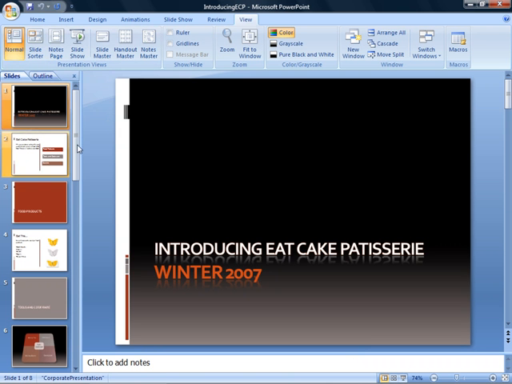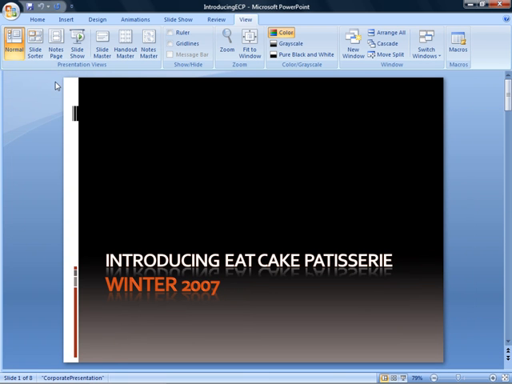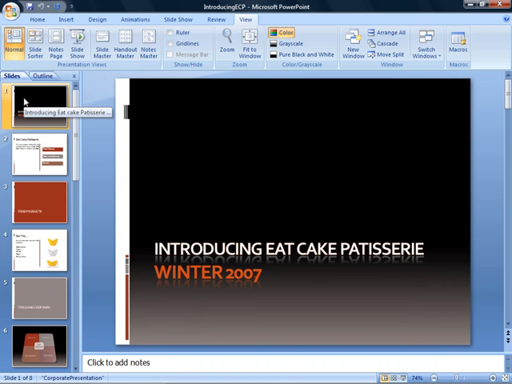Now if I didn't want this navigation pane showing up here on my screen, I could close it by clicking the Close button. Question is, how do I get it back? You go back up to the normal button, even though it's selected, you give it a click to bring back your navigation pane. Now also at the bottom of our screen, you may have noticed that there's an area that says Click to Add Notes. Now by default, you're not viewing a large portion of this notes section, but there are borders that can be